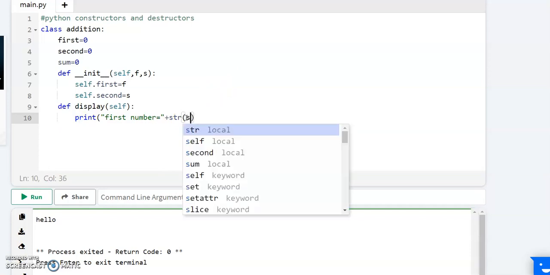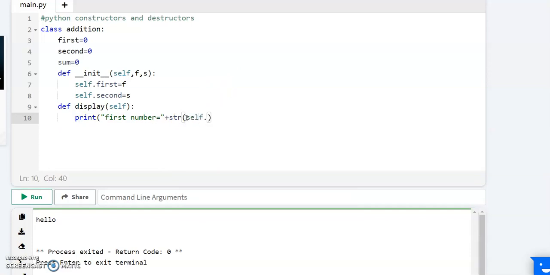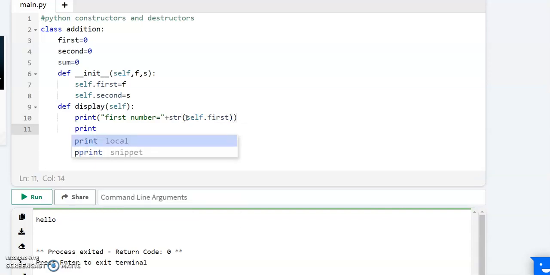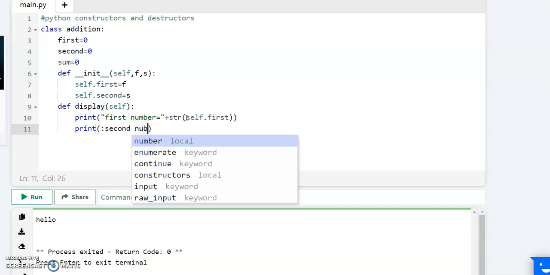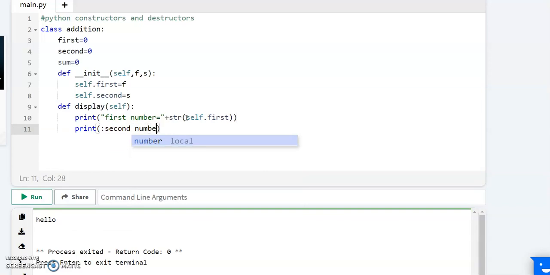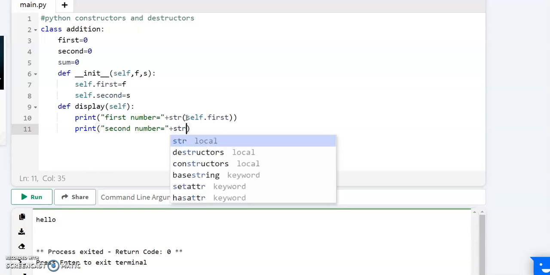So we have to use string function here. Self.first, like that we need to give for second and third too.